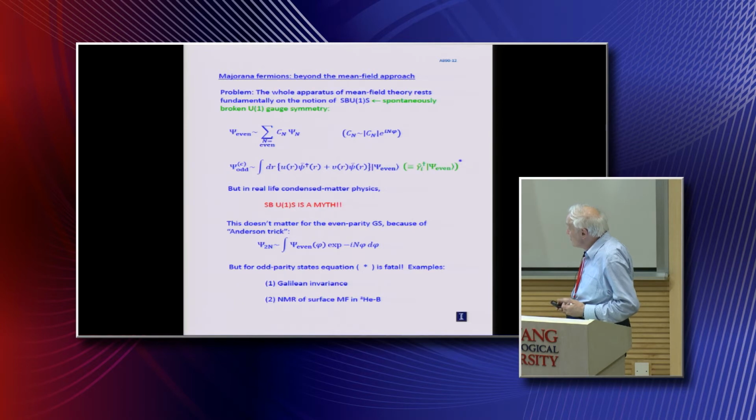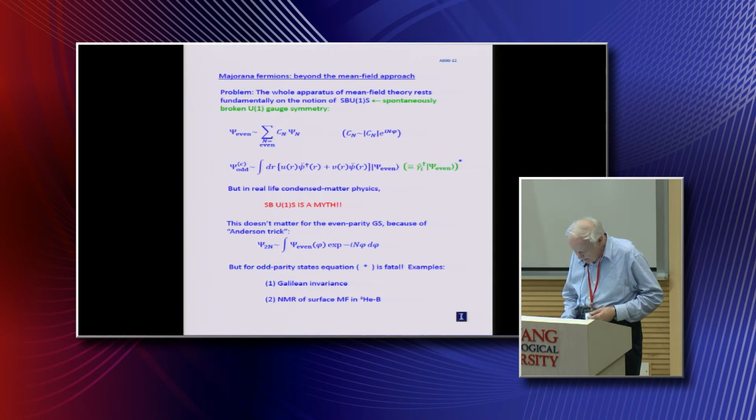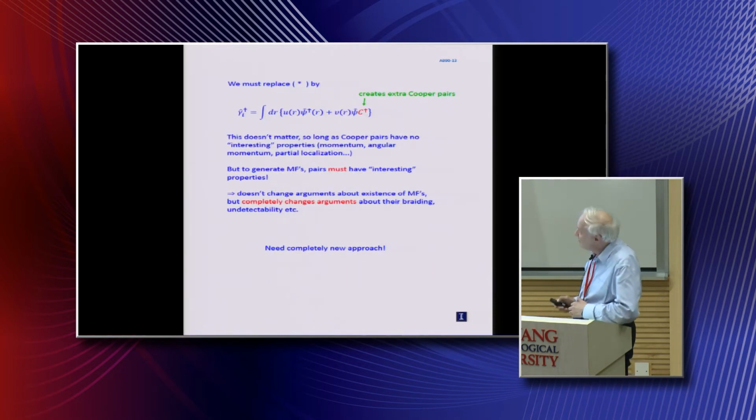Similarly, there's a famous recent case concerning the NMR of this alleged surface Majorana fermion in the B phase of helium-3. Again, if you use mean field, you get that completely wrong, and one can demonstrate this quite explicitly. So, what do we do? What we have to do is to replace our